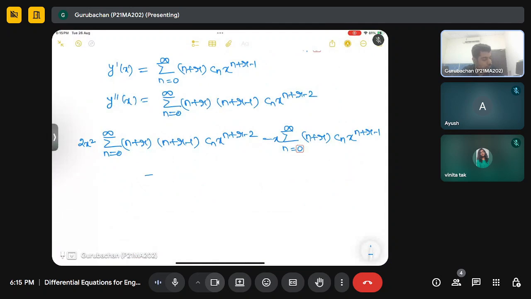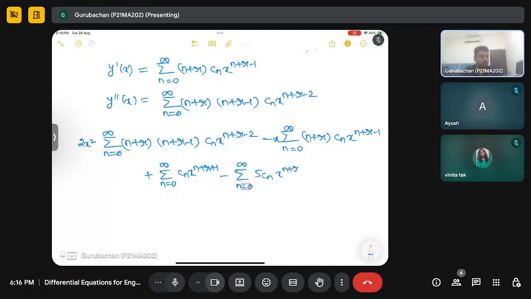So this will give the summation n from 0 to infinity c_n x to the power n plus r plus 1, where I have opened this and multiplied by x, and then I am multiplying with 5, which gives the summation n from 0 to infinity 5 c_n x to the power n plus r, equal